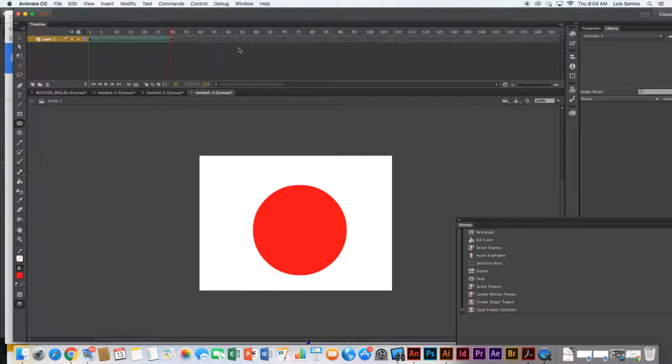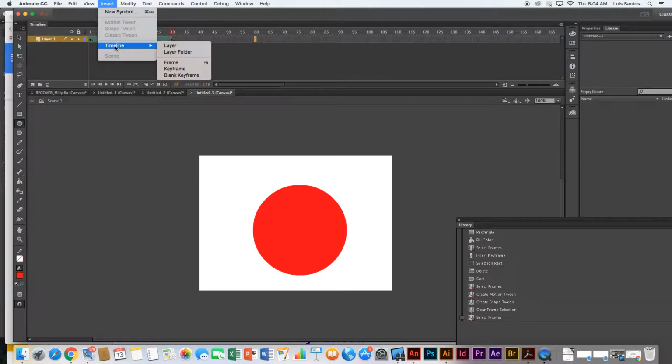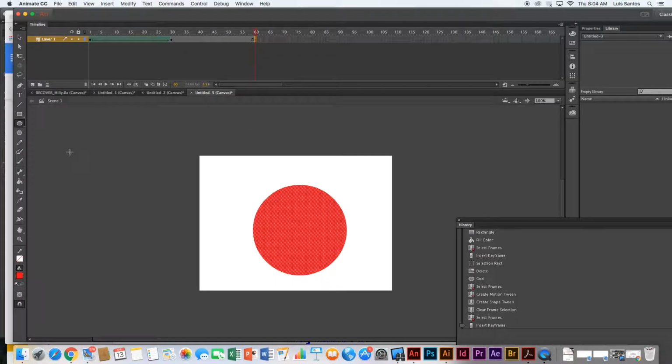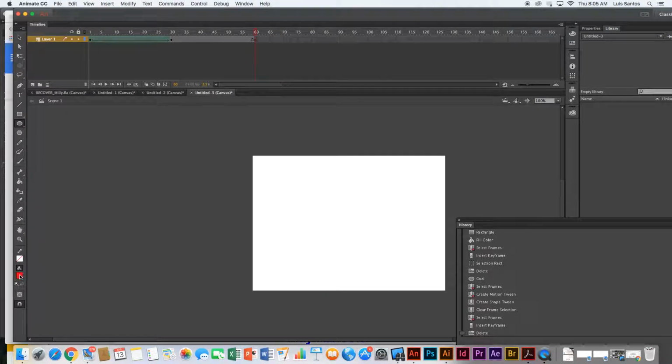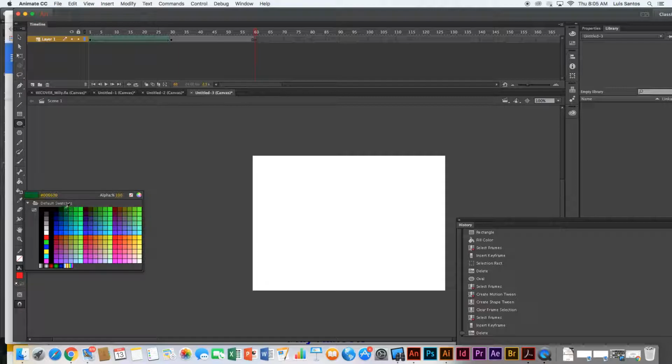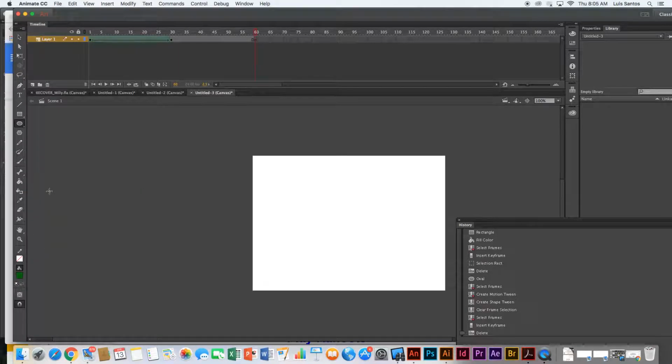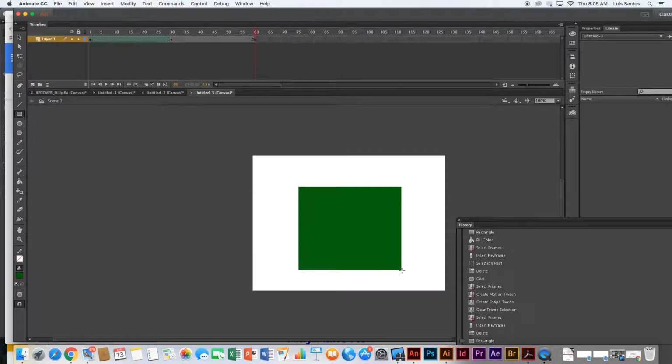Get that. Then I'm going to go at 60, which will be the next second. Insert timeline keyframe, and I'm just going to delete that. I'm going to change it to green because that's the color I want to go to, and this is how we build. If I want to do a triangle, if you remember, not, but I'm trying to remind you now,